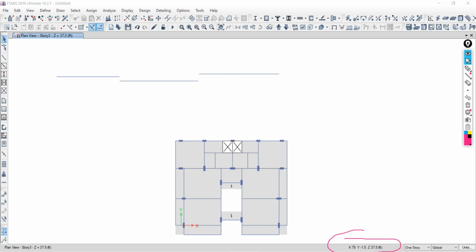First I would like to make the unit metric SI. This is x, this is y, and this is z. Taking your cursor here, tell me what about y is: 17.5768. Is it right or wrong? Right.